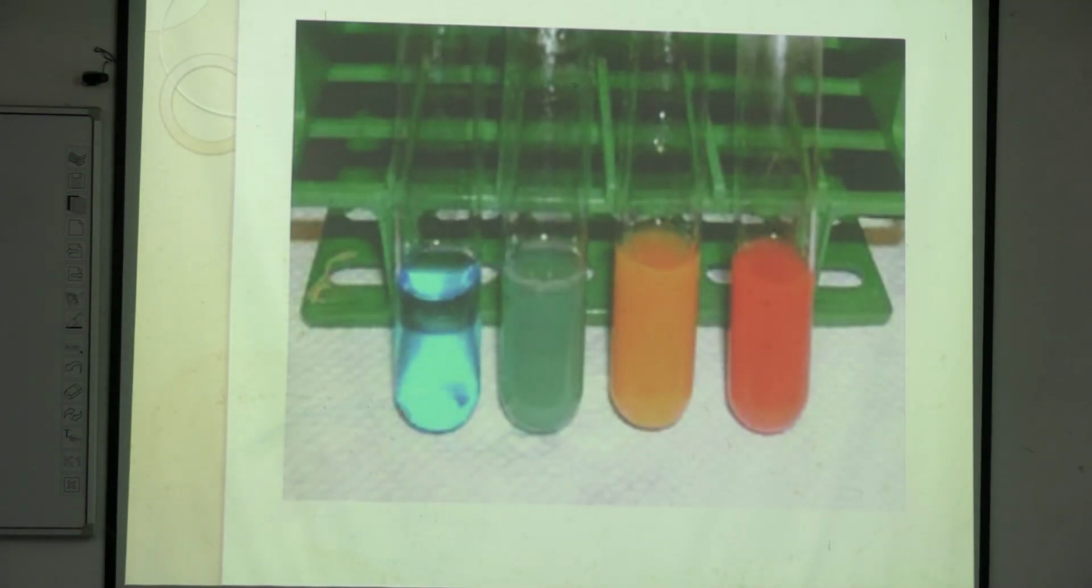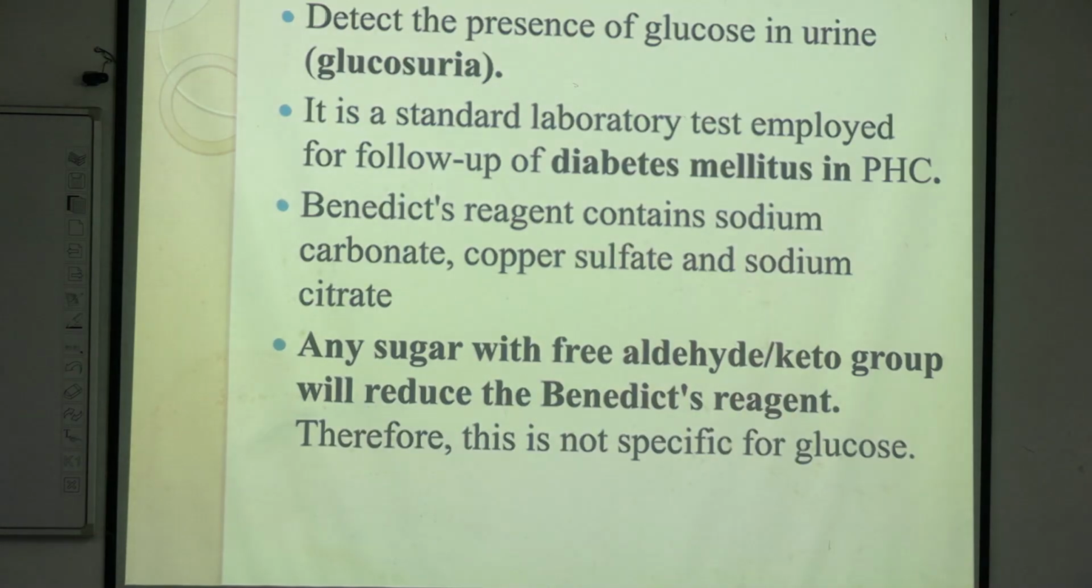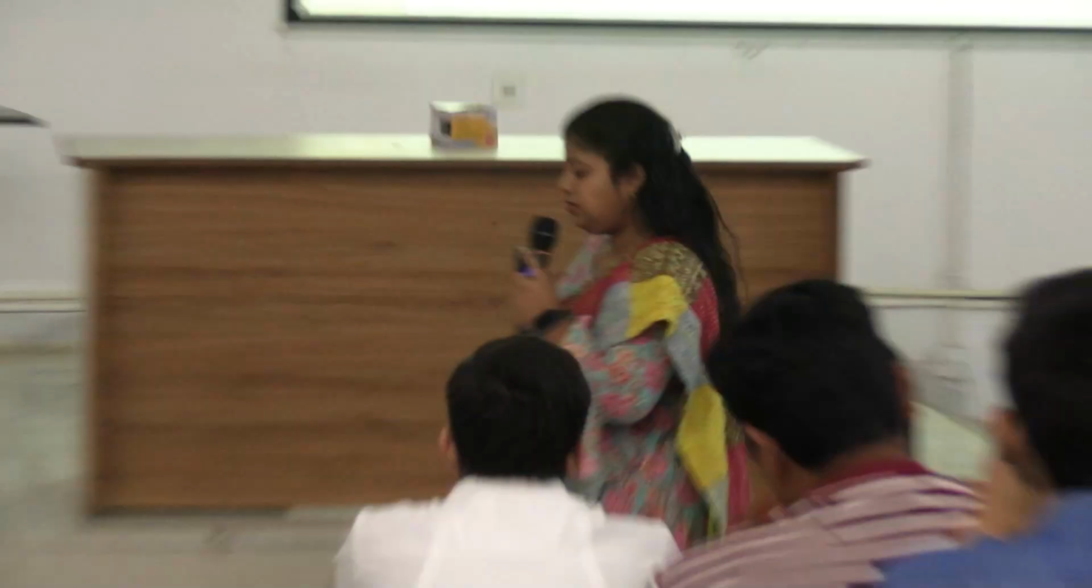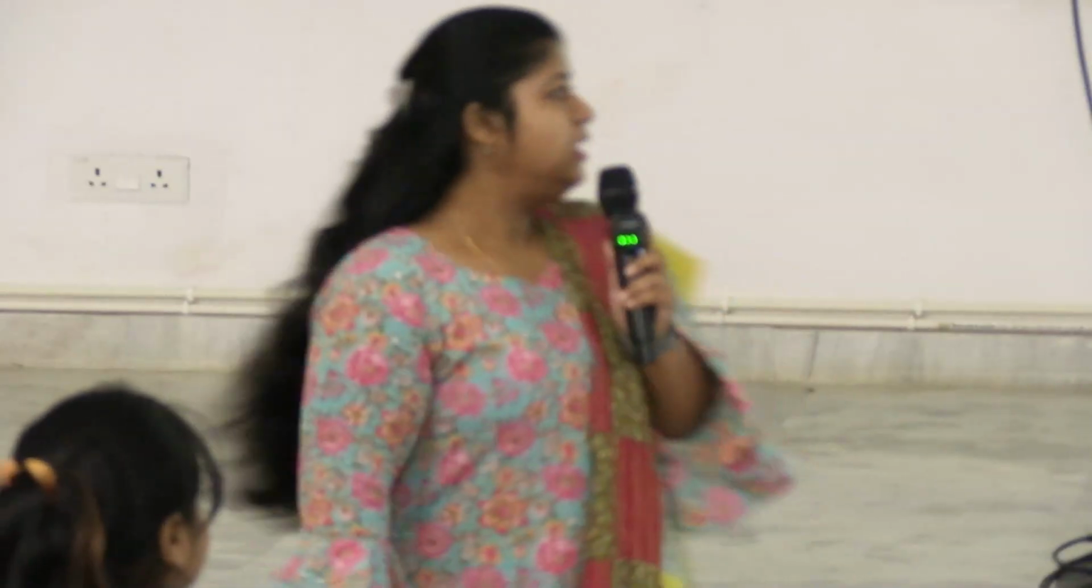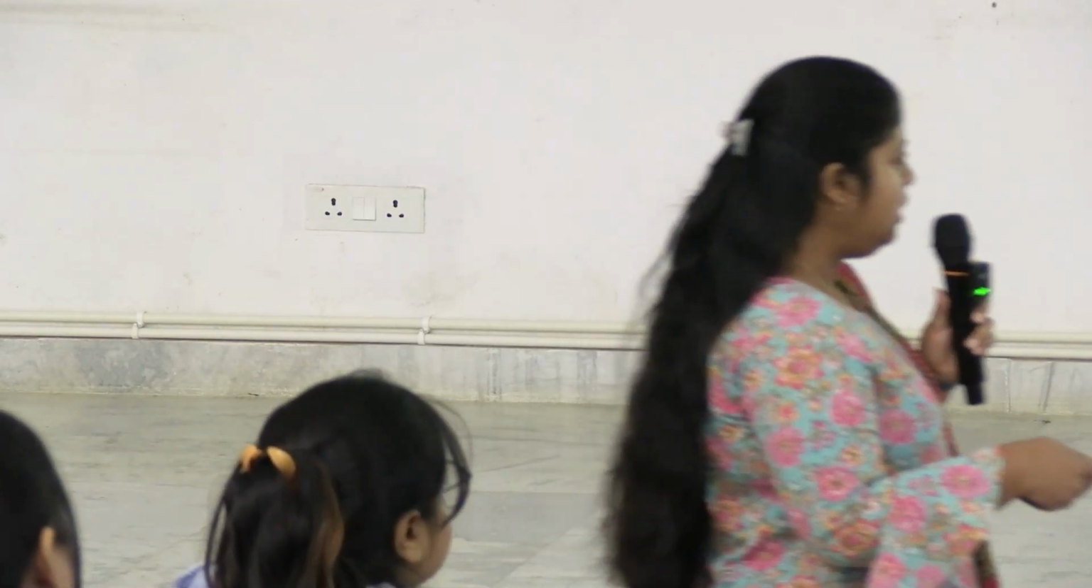This is the original picture of how color changes according to the concentration of reducing sugar present in the solution. Now, it is used for detection of glucose in urine. It is a bedside method to detect whether there is glucose or any reducing substance present in urine or not. Okay. Next, in case of diabetes mellitus, it will be a bedside test,